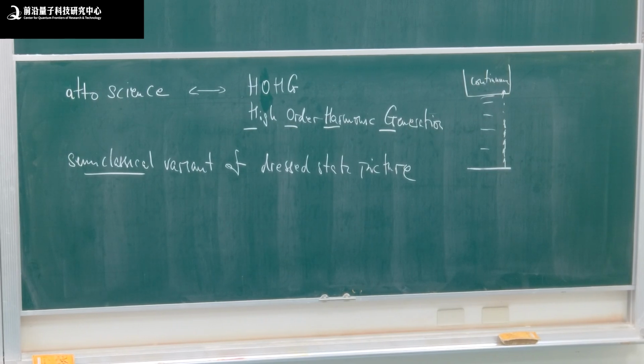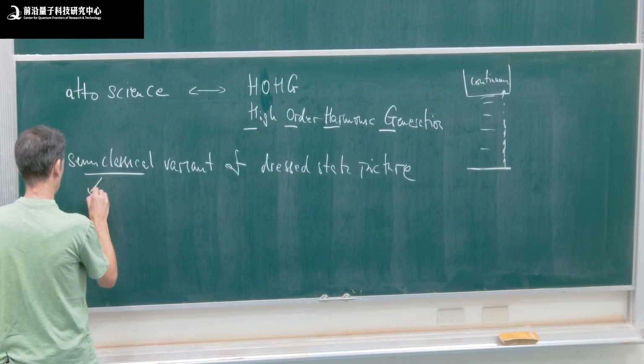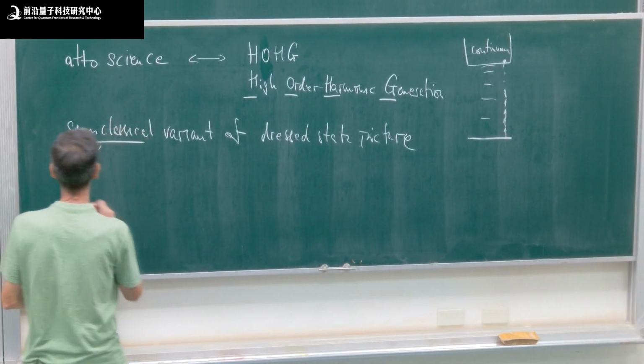In the dressed state picture both degrees of freedom were quantized, so it's a fully quantized picture. And semi, that's actually Greek, this means half, right? So we take a picture where half is classical and half is fully quantum. And so semi-classical means that we take the matter degree of freedom